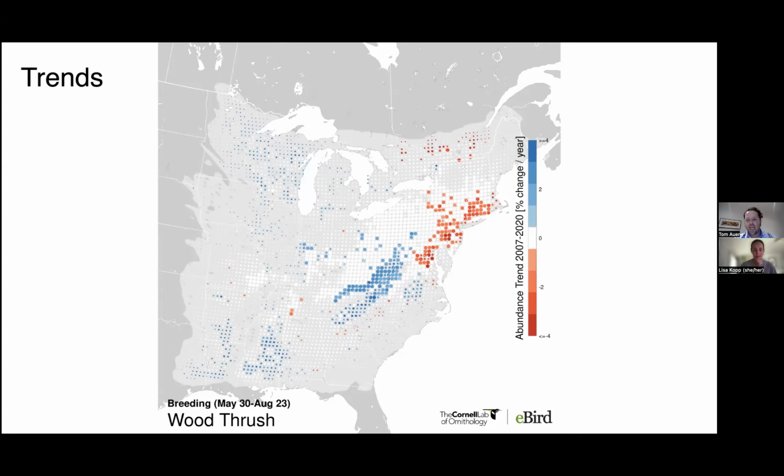Overall, though, one thing we can't really answer here is that we also know that all these different populations have different wintering grounds. So birds in Maryland or Pennsylvania are going to go to different places than those in Wisconsin and Minnesota, and the ones that are in Mississippi probably go to a different part of Central America. So that one we can't quite untangle. It's very possible that those eastern birds are going to a part of Central America that is undergoing aridification, starting to experience drought, and the birds aren't doing as well in the winter. Can't answer that one conclusively, but it's something to investigate.